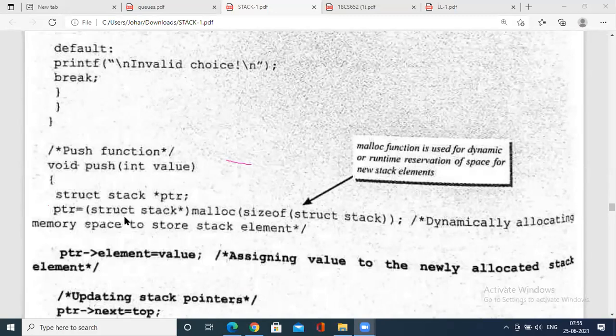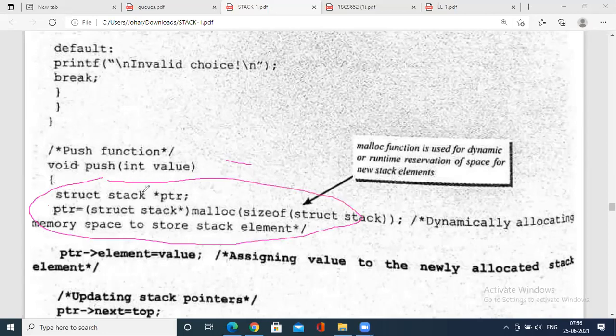PTR is dynamically allocating the memory, that is malloc of size of struct stack, to store the stack element. So this is a mandatory statement that you have to write. So when you implement a stack using a linked list, that PTR is nothing but the dynamically allocated memory for a stack.